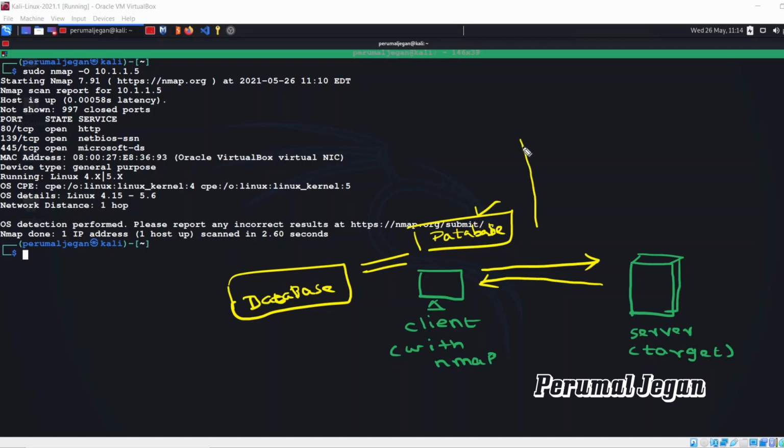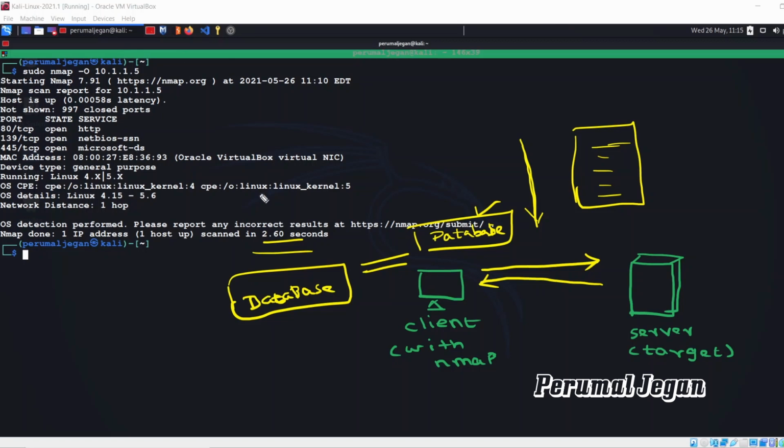This database contains the list of operating systems and their patterns of probe responses. It simply compares these databases and comes to a conclusion, or maybe some approximate results. Then it displays the results to us. Everything I described happens in a fraction of a second. It almost happened in 2.25 seconds. Awesome, isn't it?